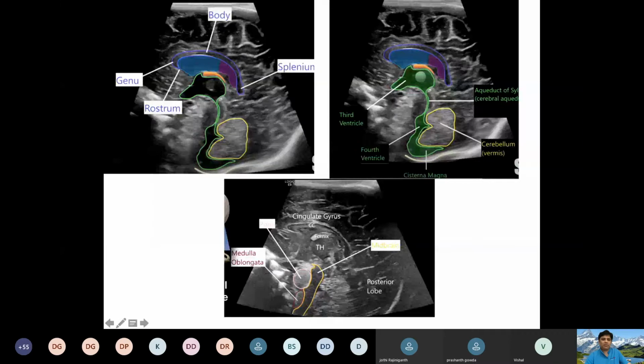Then you have your third ventricle. In between the third ventricle, you can see one white color structure, that is the interthalamic adhesion. Both the thalami are connected through that, so that you see in the center section only. Then you can see the aqueduct of Sylvius going and connecting to your fourth ventricle, and you have your cerebellum. So I'm sure the parts are very, very clear. I've tried to make it as clear as possible.